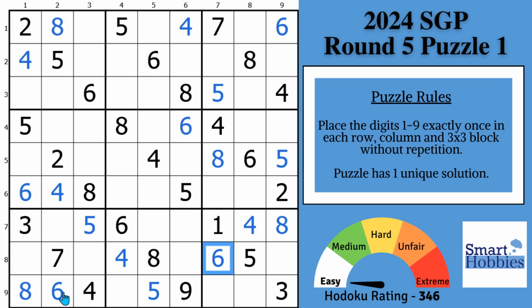You notice you have 6 cells filled out. You have a 3, 4, 5, 6, 8, and 9. So the empty cells are right here, and I'll mark those in purple. And so for our second hack, we're going to look at a way to solve all 3 of these cells without making any marks. You might notice that a 1, 2, and 7 is what you need for these